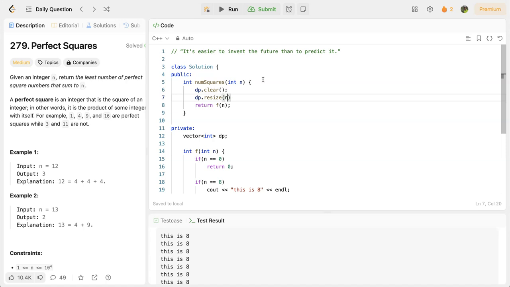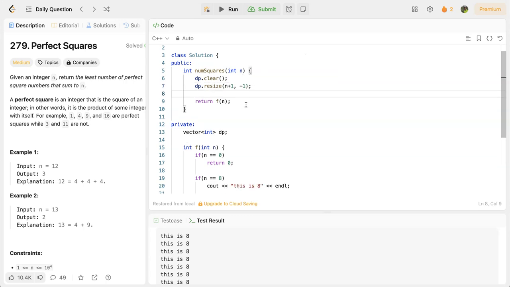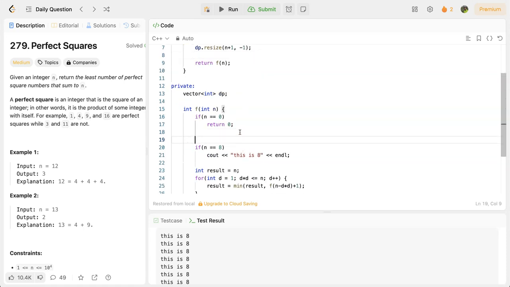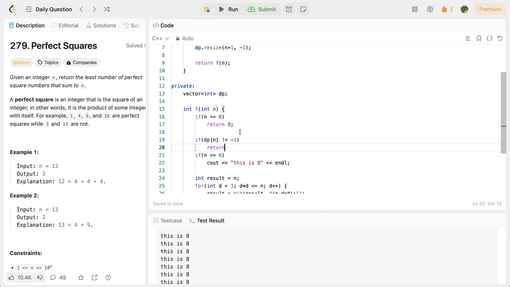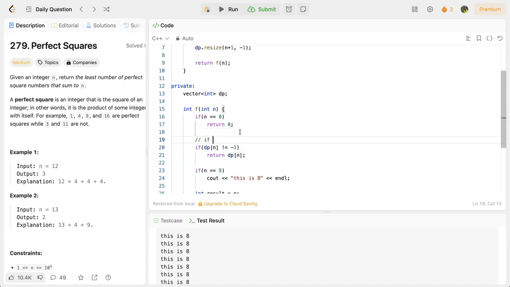I'm going to resize it to n plus 1, and I'm going to initialize it with -1. So -1 means that this subproblem is not calculated yet. So if I go here and I say if dp of n is not equal to -1, return dp of n. That means if this subproblem has already been calculated,